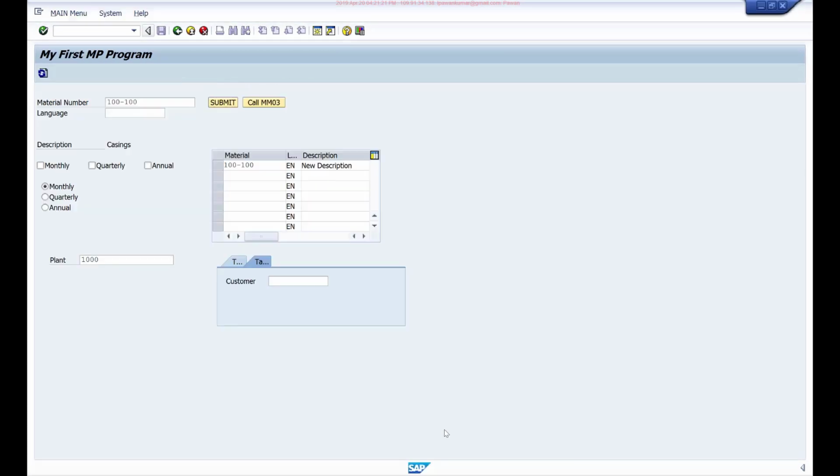Now let's say I want to make this field input enabled if this is empty. Otherwise, if it is having some value, I want to make it input disabled. So I want to dynamically handle this field. So to dynamically process these fields,